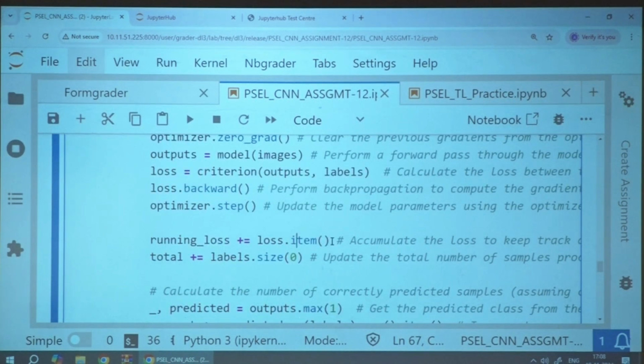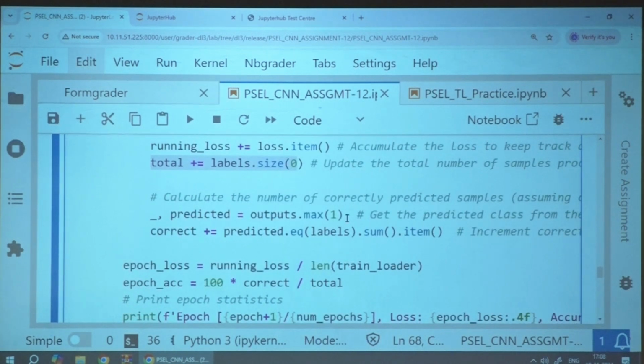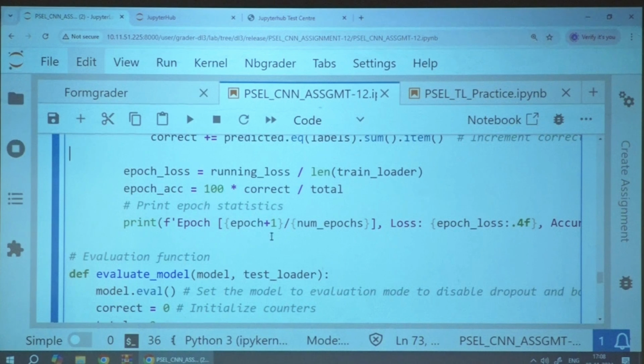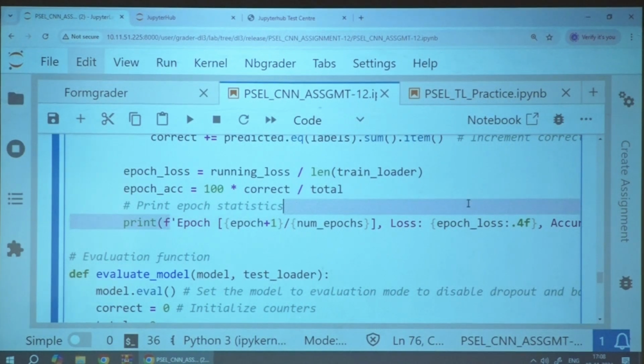We are calculating the running loss, accumulating the loss, and the total number of samples. This is for finding the accuracy of the predictions. And then we calculated the number of correct predictions. With the help of this, we are able to calculate the loss for each epoch along with the accuracy.